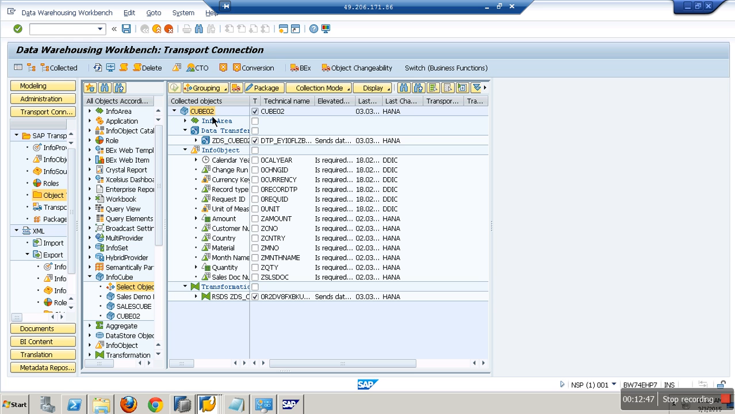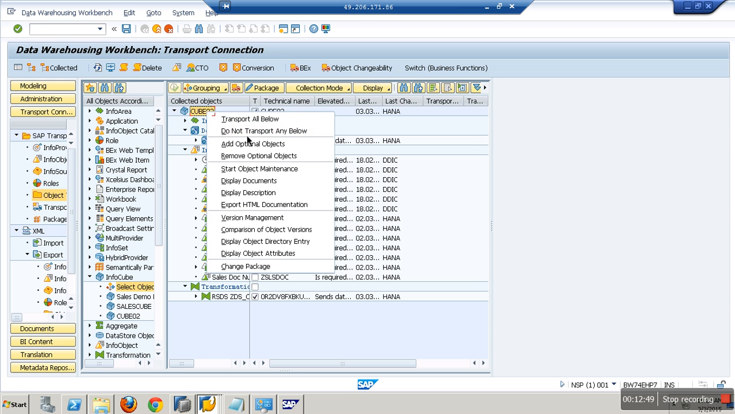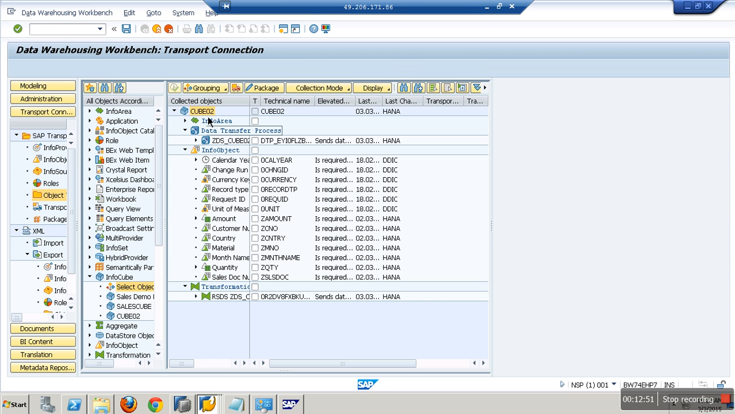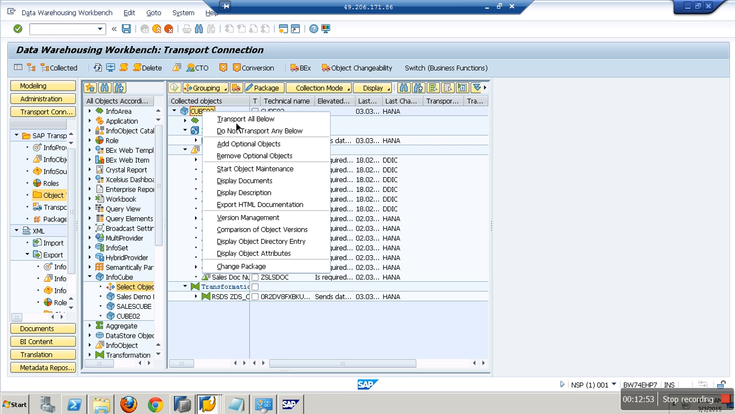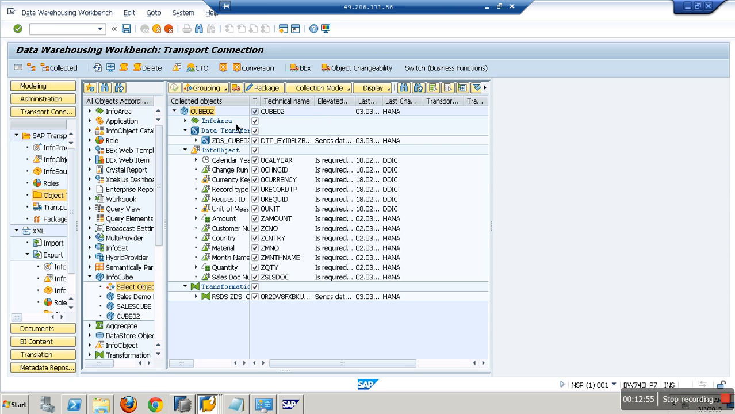Do not transport any below. Again right click, transport all below. Only select enable. I am collecting everything now, entire bundle, okay? And then click on the button, what? Transport. You get one dialog box which says